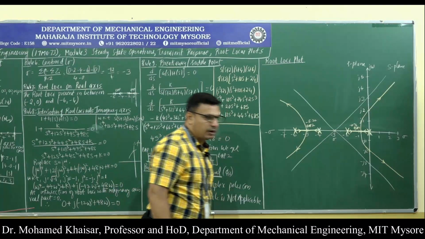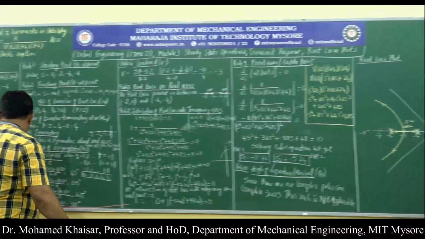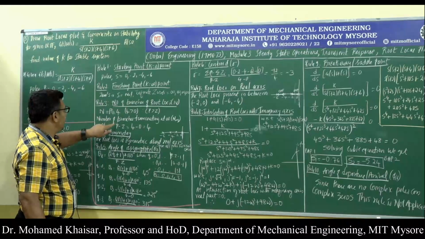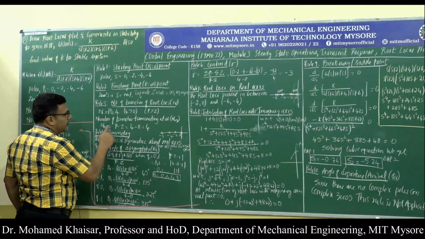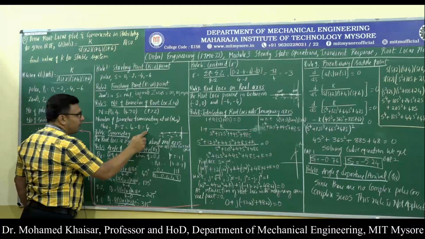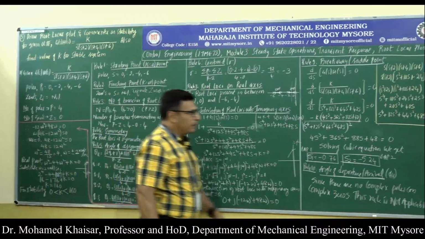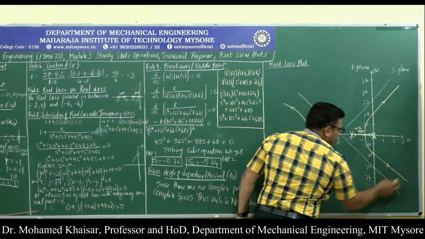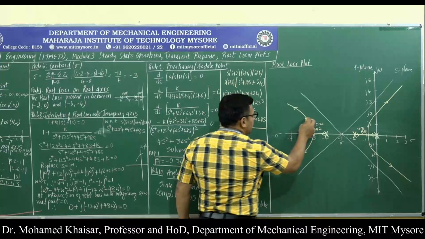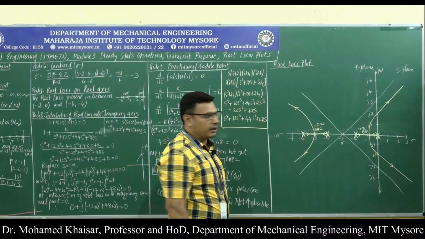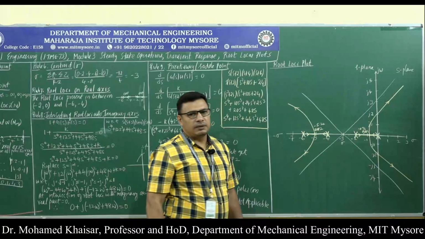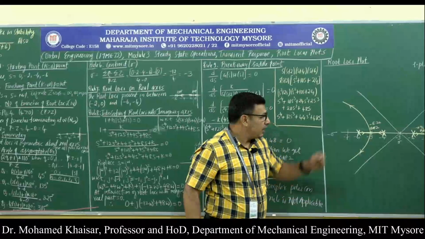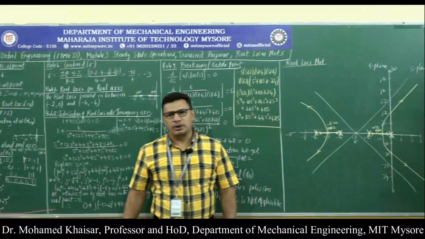because of which what we can say is, as we have found out the data, the number of branches of root loci terminating at infinity. How many branches of root loci terminating at infinity? 4 branches of root loci. And from the root locus plot, we can see that one branch is terminating at infinity, 2 branch is terminating at infinity, 3 branch is terminating at infinity, and 4th branch is also terminating at infinity. So complete analytics have been obtained and they have been transformed into the root locus plot.